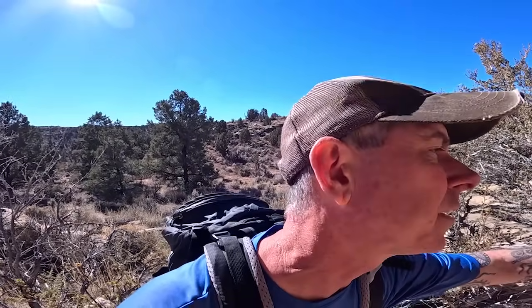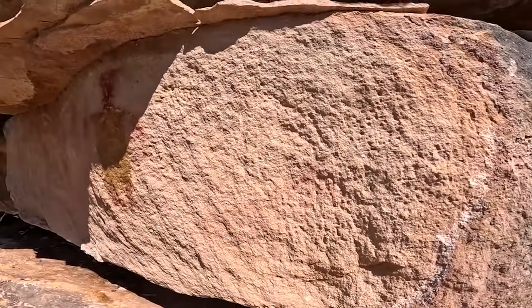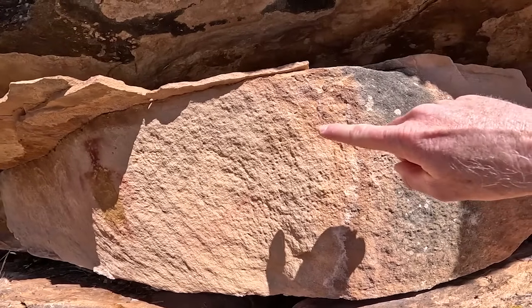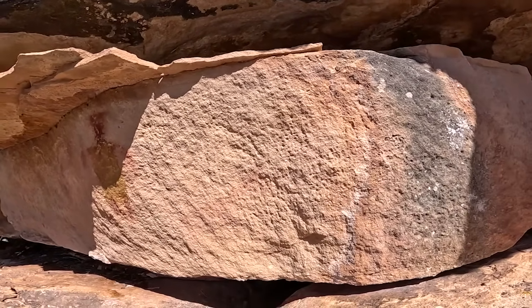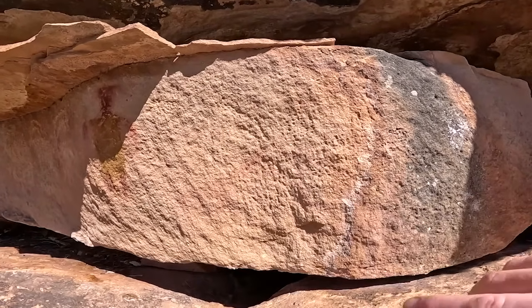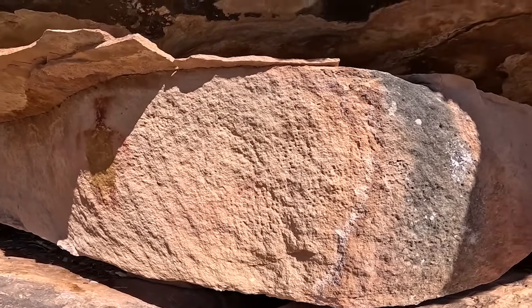So I'm just below the petroglyphs and painted, and there's other stuff carved into the rock to the right. But I got a dog here on my way. Get going, get. So I don't know if I can really pick that up really well, but there's an image I think carved here and just to the left of it. But it's so old it's almost illegible. There's also, it looks like there's paint right here that's faded away. But I'm not seeing any other